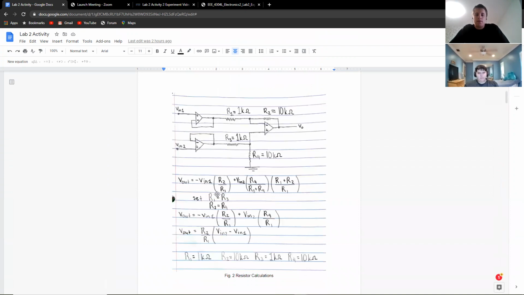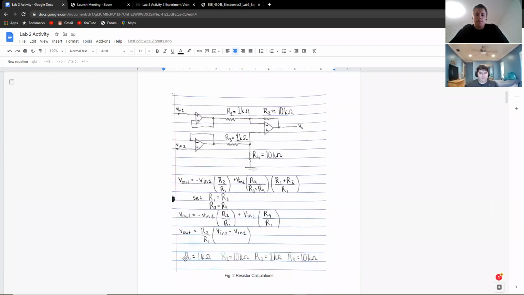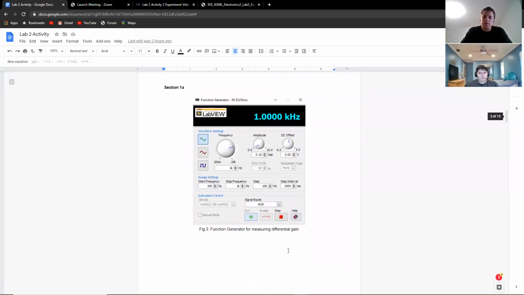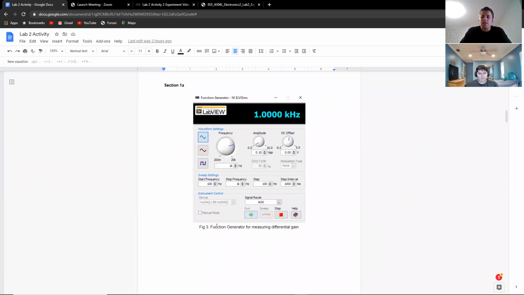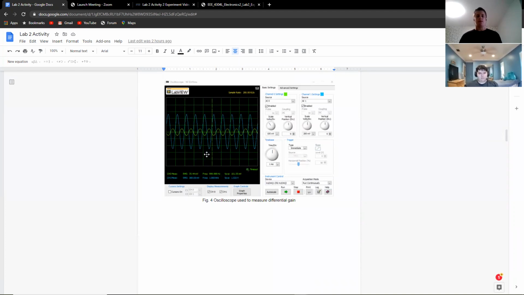Here we decided to change the resistor values to simplify it. We eventually got R1 of 1K, R2 of 10K, R3 of 1K, and R4 of 10K. For the first step, we decided to measure the differential gain. This is the function generator we used, and we applied 0.1 volt peak to VN1, and VN2 was grounded. This is our result on the oscilloscope,